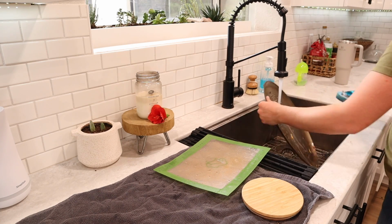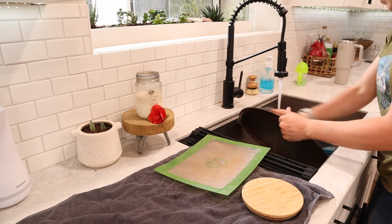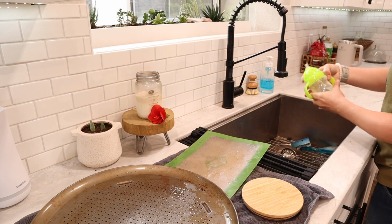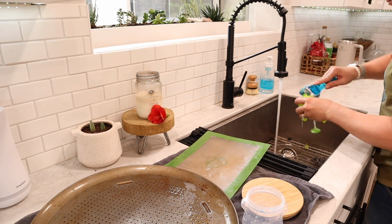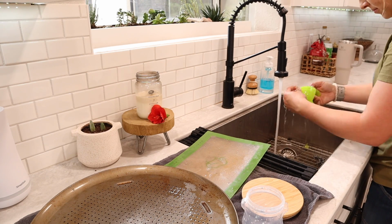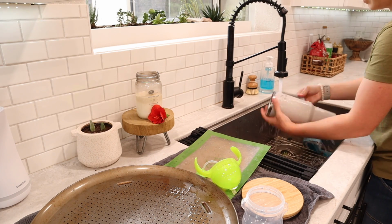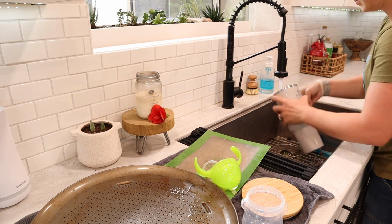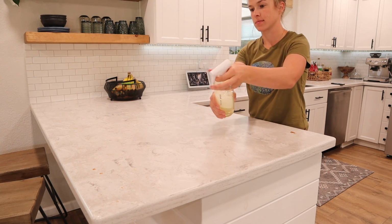getting that dishwasher loaded and started, washing all of these dishes, getting the countertops wiped off, and I need to wash my sink as well, which is something that I try to do every day, but sometimes the only thing I have time for is just quickly rinsing out the sink, and sometimes that's all that it needs, but at least every other day, just giving the sink a quick scrubbing can really help with the smell that you get